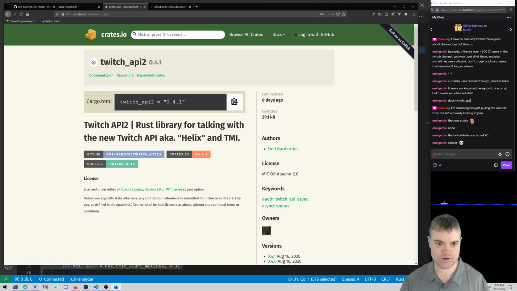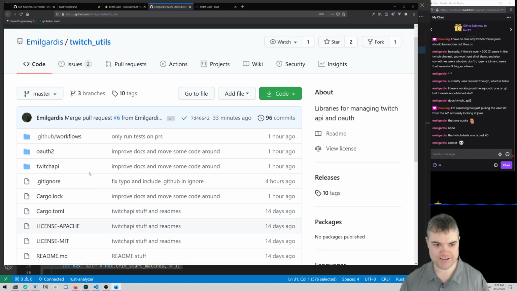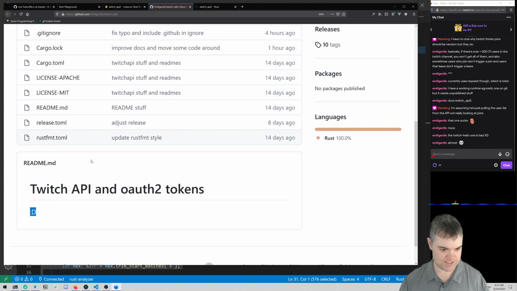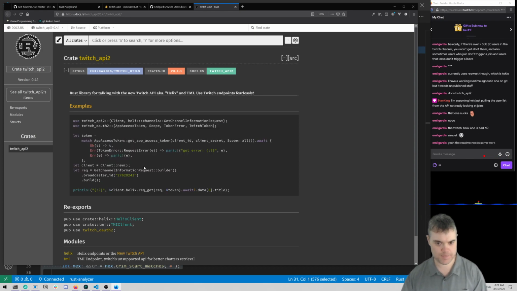Let's see, in the repository. Oh, smiley face. Don't see any examples. Oh no, here's examples. Okay. I can then use this.